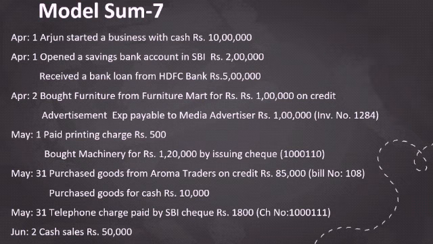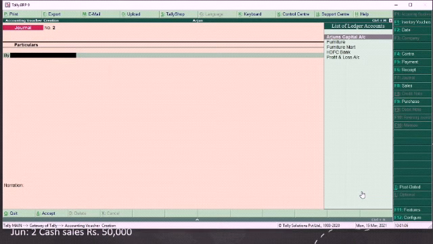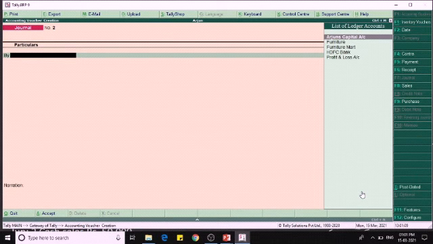This we should not enter in the payment voucher because we are not paying. It is only payable, so this we have to pass in the journal voucher only.